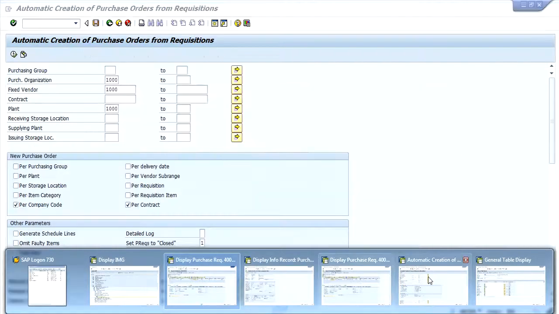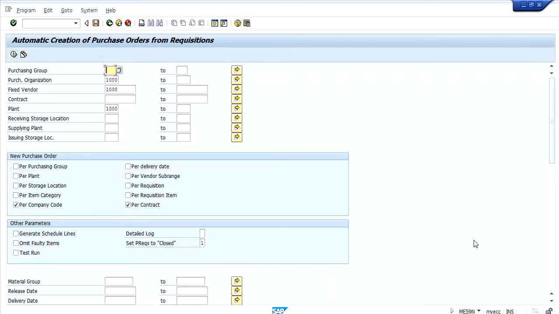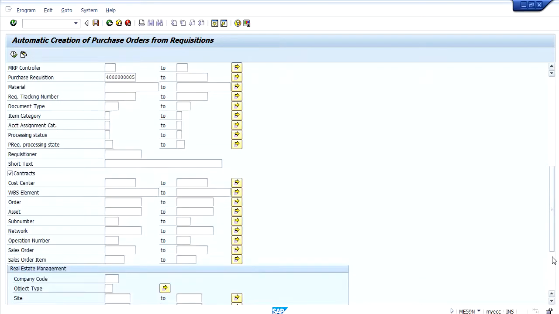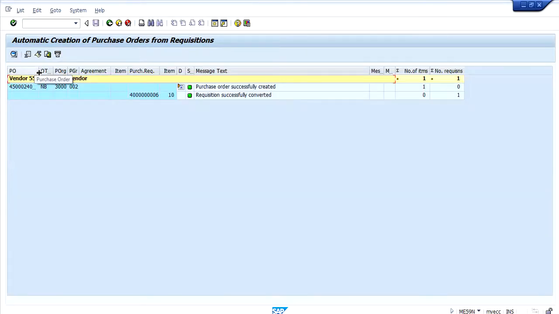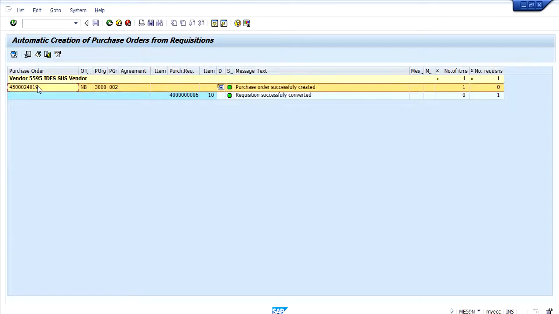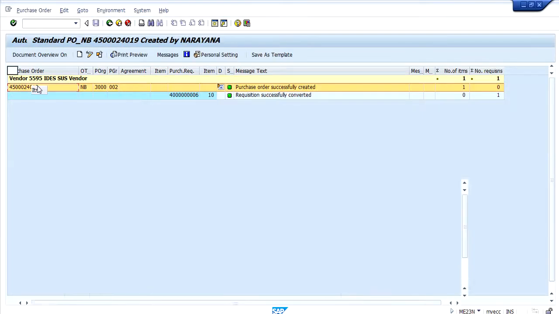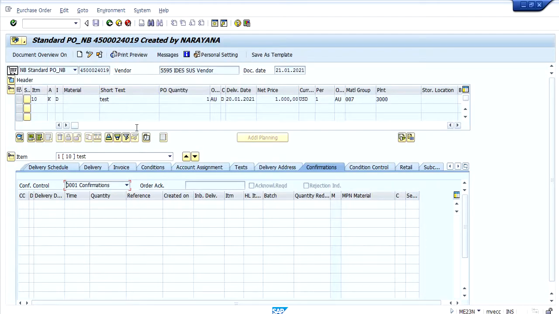Now again we can go to the ME59N transaction, remove everything, give the purchase requisition and execute. So we can see a service purchase order has been created automatically.